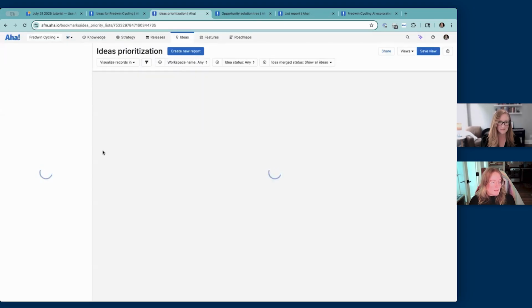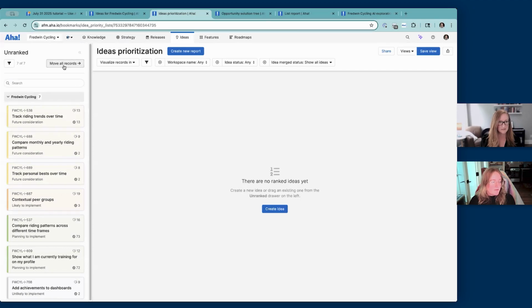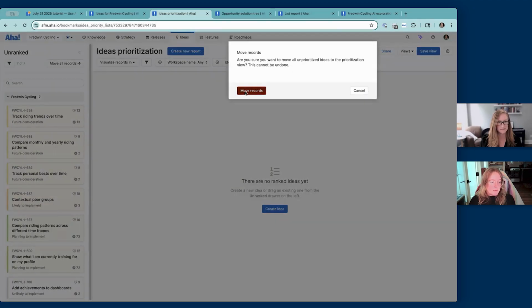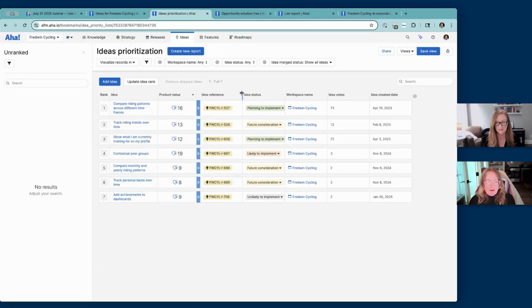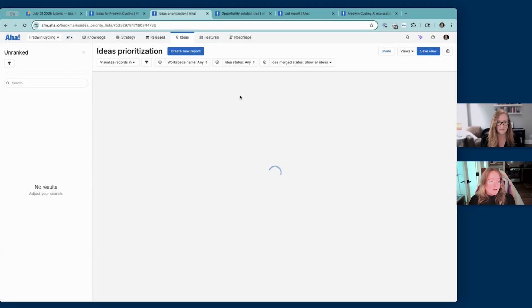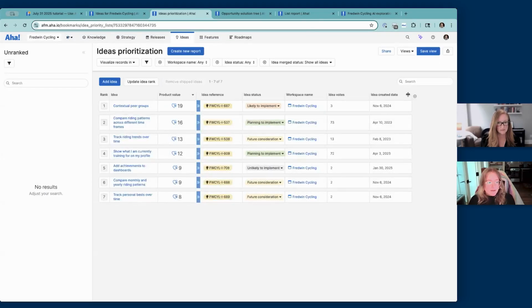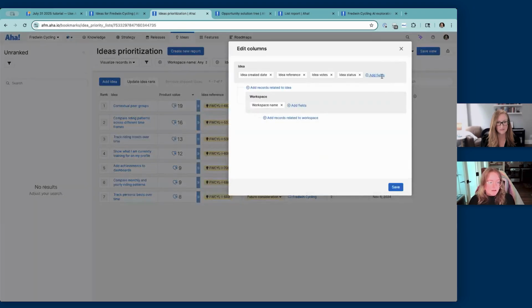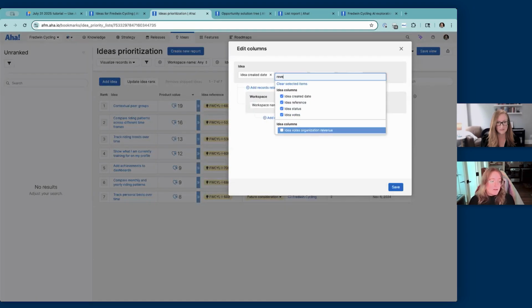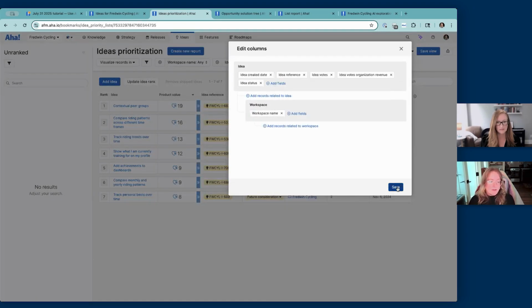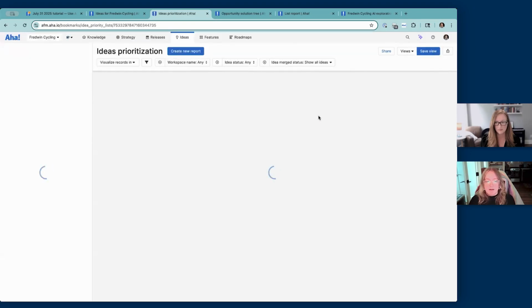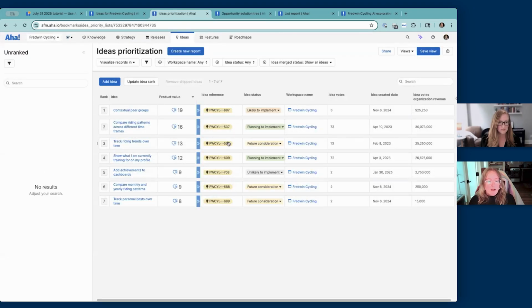Once I've done that, I can pull in all of the connected ideas to that theme into my main panel. And now I can start ranking these by product value score, reviewing the full context I have here, and even adding additional fields. For example, if I've got that revenue data coming in from Salesforce, I can pull that into my prioritization report here as well. So now I have the full picture here that helps me prioritize the right ideas